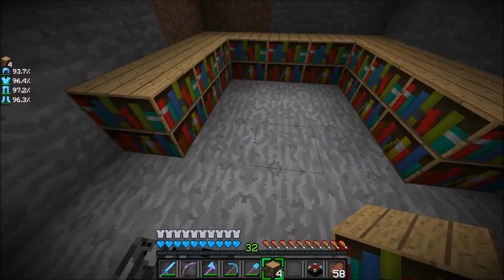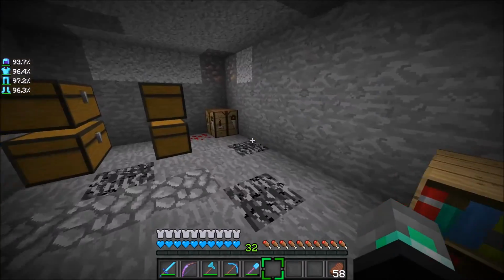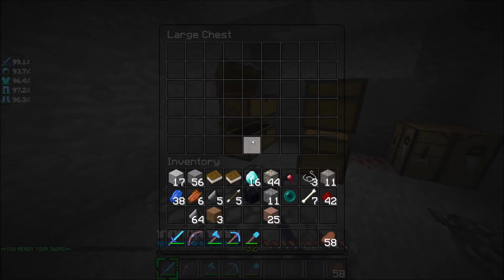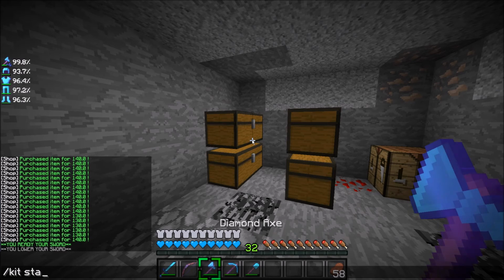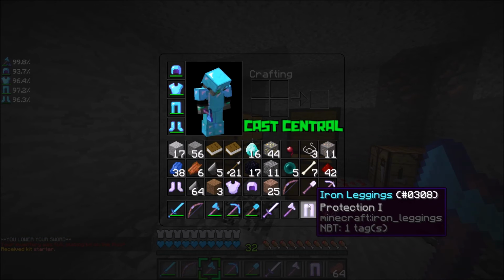We could do that. And then, boom. And then we'll just throw like that, and I'm pretty sure that should be level 30. It might not be. If it isn't, then I messed up, and it happens, you know. Where'd my wood go? Okay, I have no idea, but we can do kit starter, and then in kit starter,